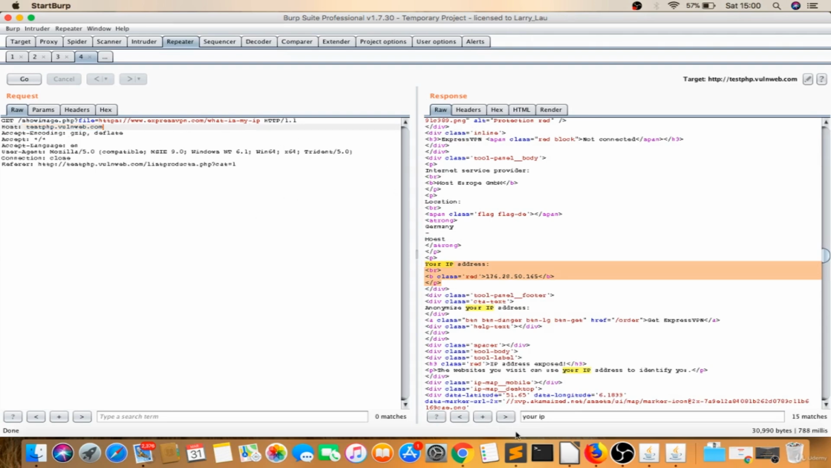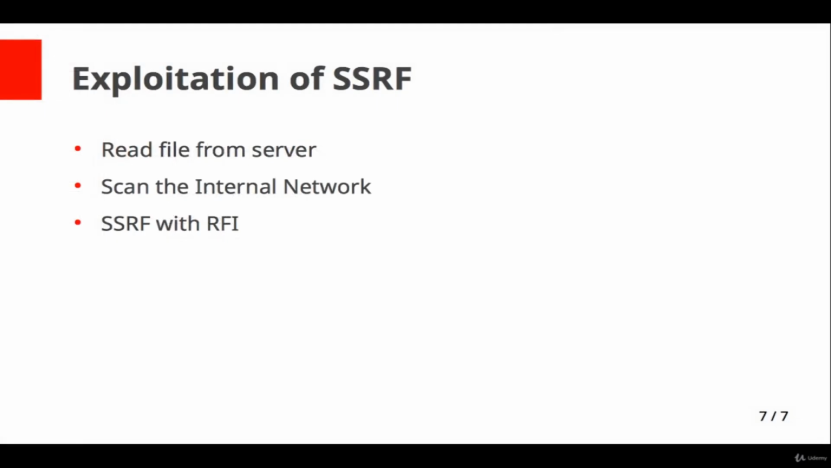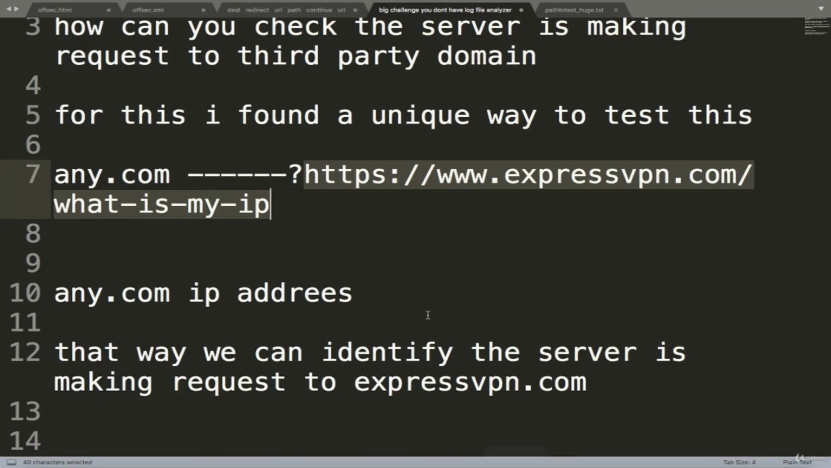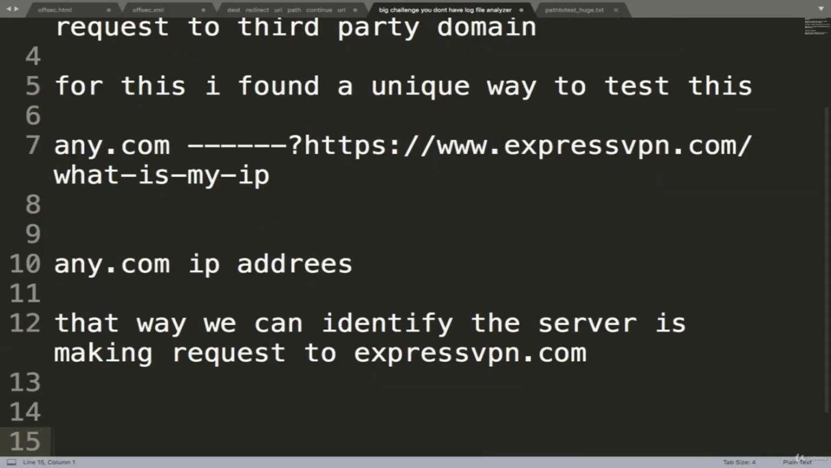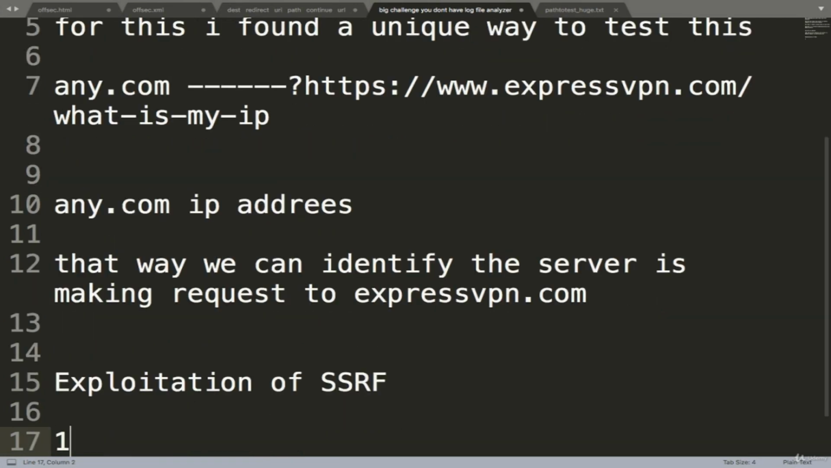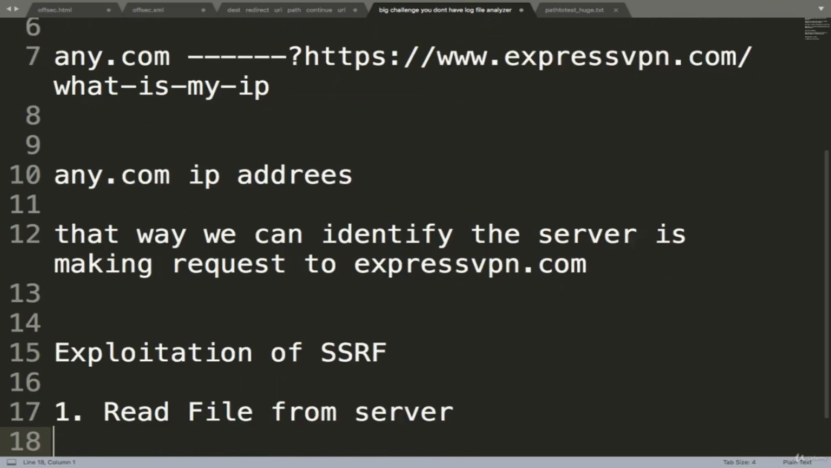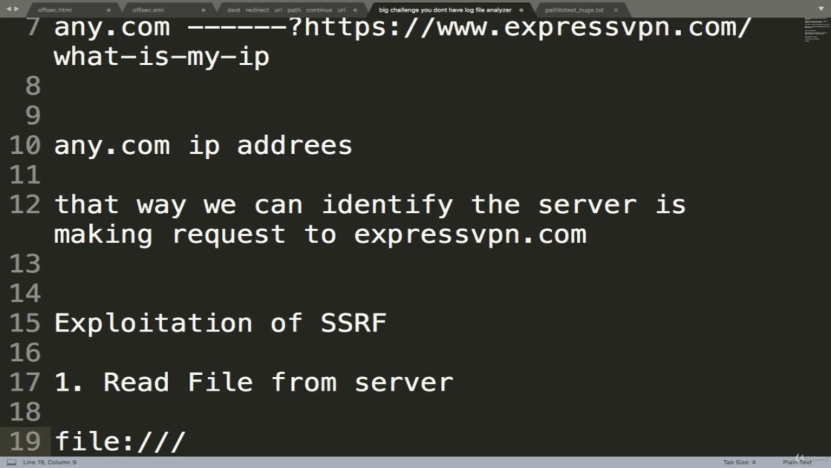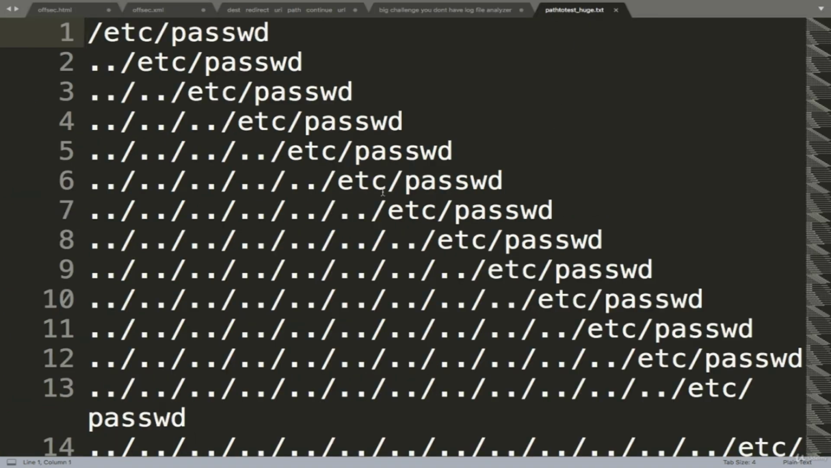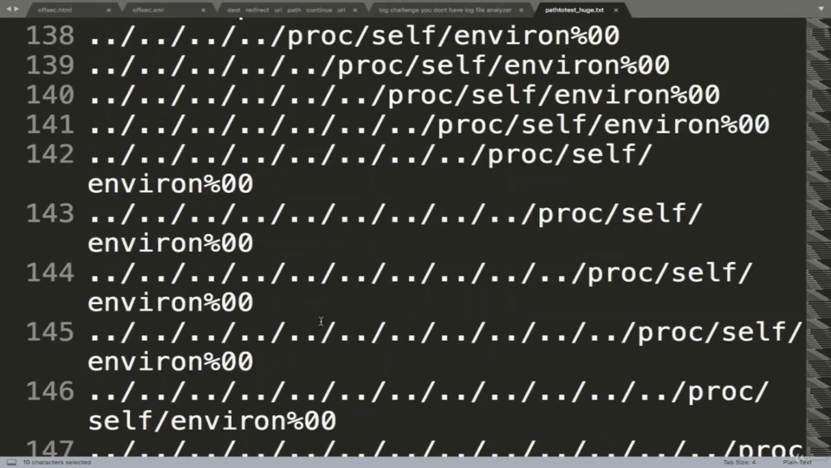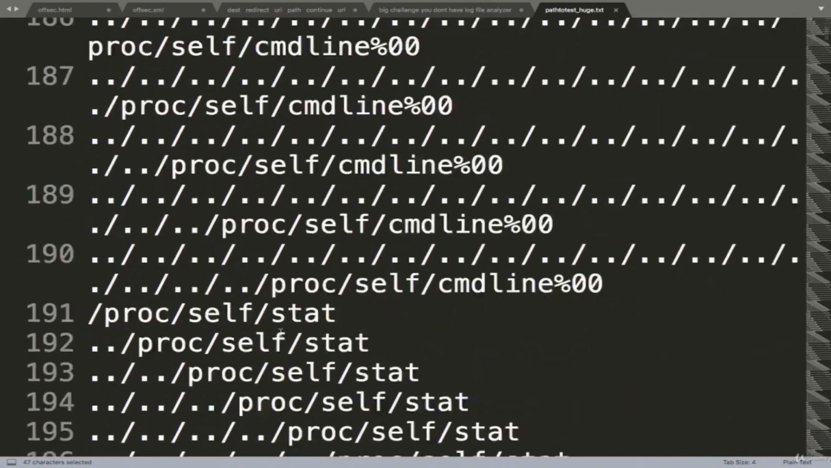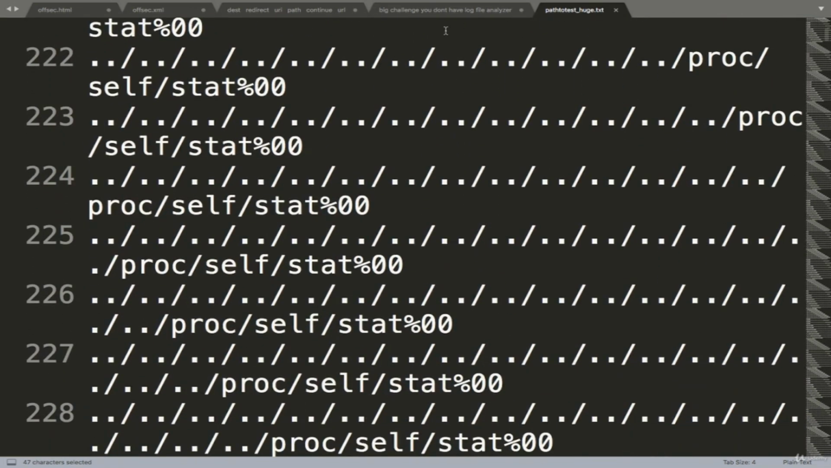Now, the first attack is reading files from the server. For this, now we are talking about the exploitation. Forget the hunting now. So exploitation of SSRF: the first attack is read file from server. For this, you have to use file: and you have to read any of the system configuration files. So these are the system configuration files we have to look for, like /etc/passwd, like /proc/self/environ. Any of the critical files you have to fetch by this file: